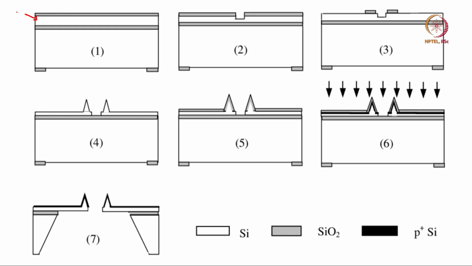This is silicon, this is silicon dioxide, this is silicon, this is silicon dioxide. Now, the top layer is also SiO2. This silicon is sitting on an insulator, that is why we call this wafer an SOI, silicon on insulator. Then you oxidize the silicon on insulator wafer, that means SiO2 is on the front, SiO2 is in the back, and